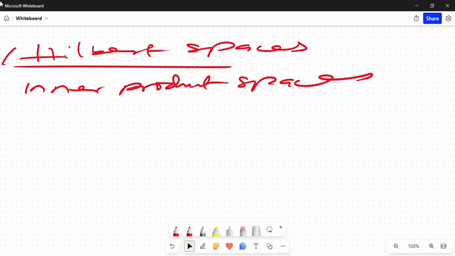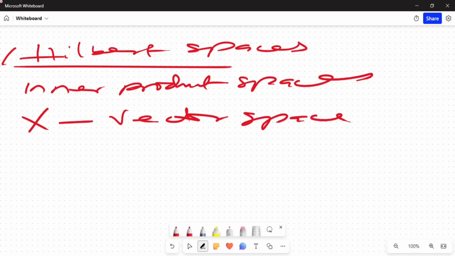So if you have X, which is a linear space, X is a vector space, and then this vector space is endowed with some inner product. Inner product is actually a function defined on X,